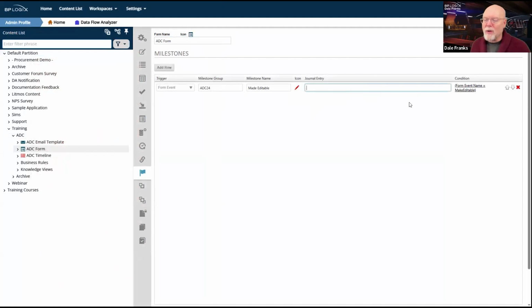And the journal entry is: this form was made editable by, I think her user works good enough here, her user on, and then current date time.